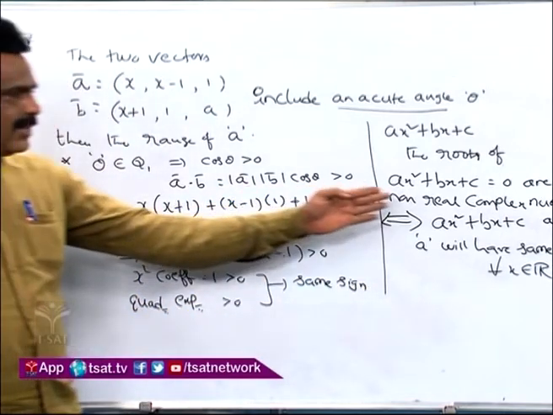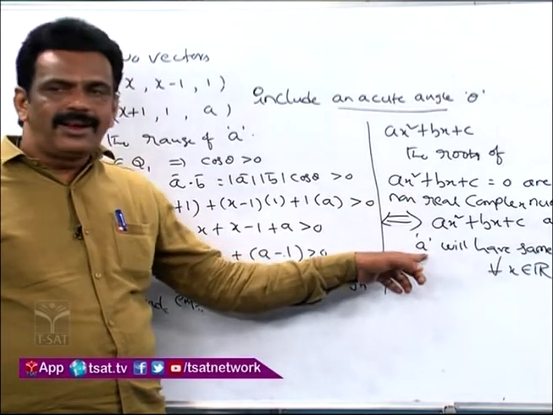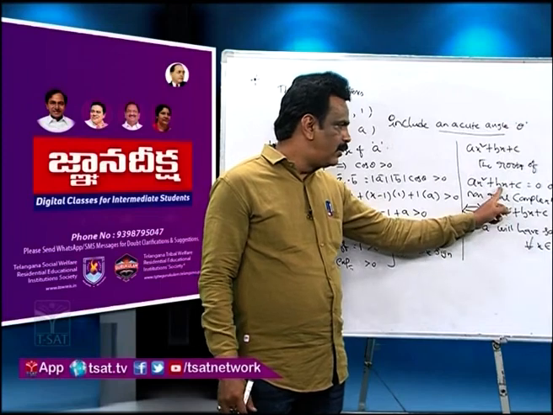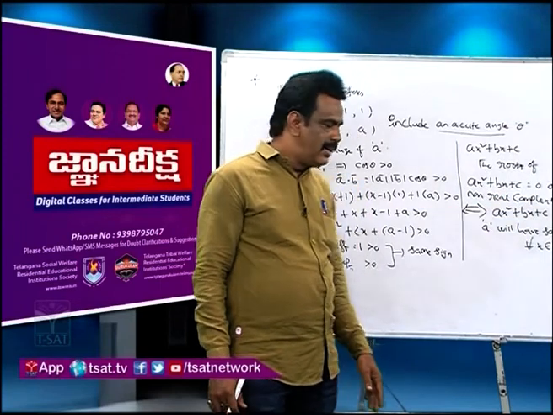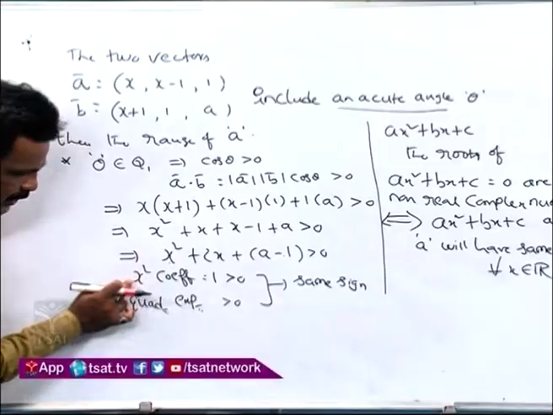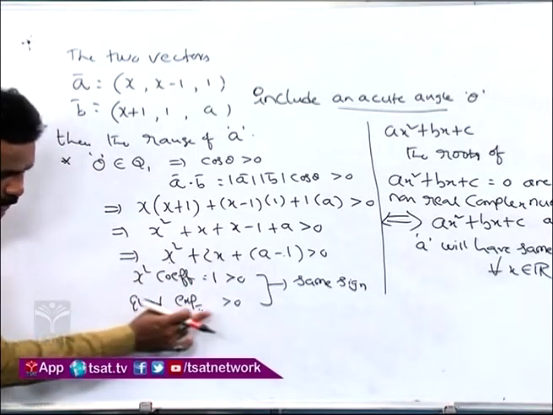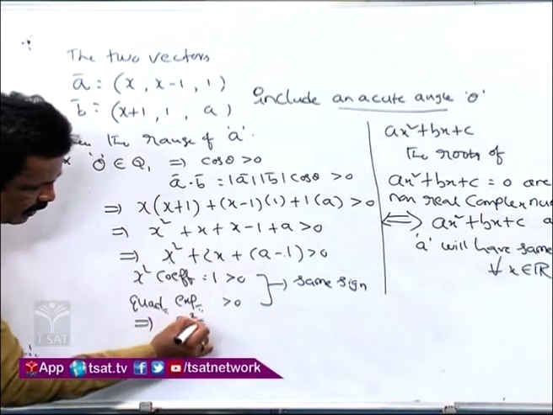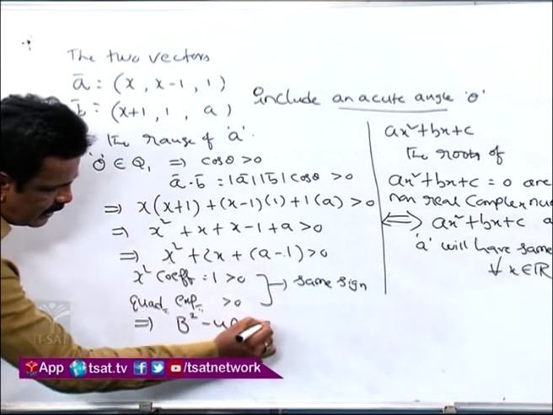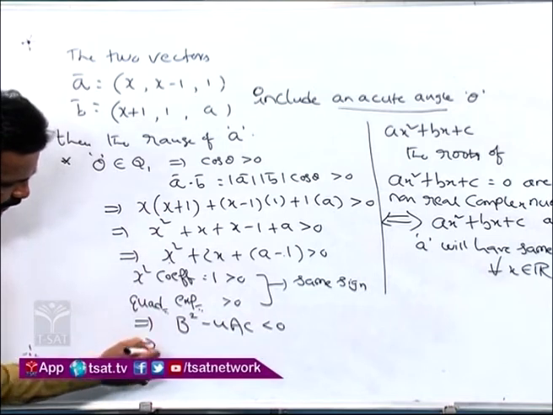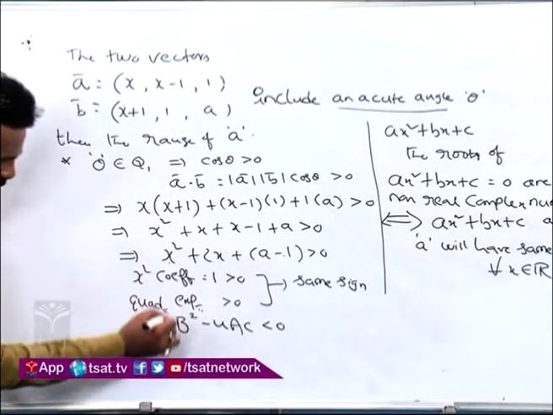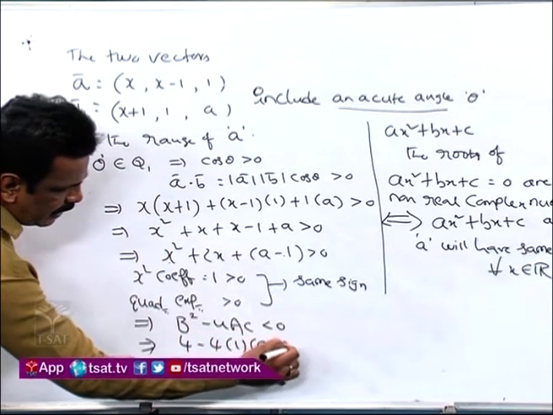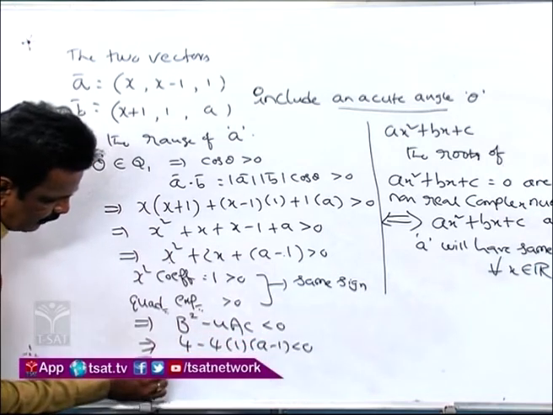So according to this concept, whenever a and ax square plus bx plus c have the same sign, definitely the roots must be non-real complex numbers. Hence, as here the x square coefficient is positive and the quadratic expression is also positive, we can say that for this quadratic expression b square minus 4ac is negative. So we can write from that, b square means here 4, minus 4ac is 4 into 1 into a minus 1, negative, and from this we will get